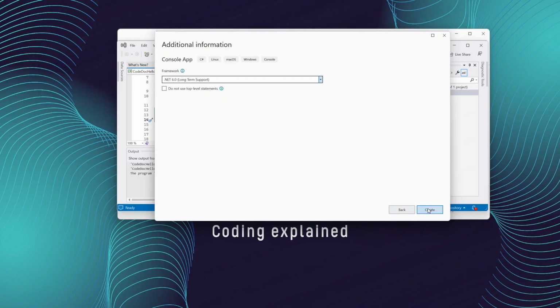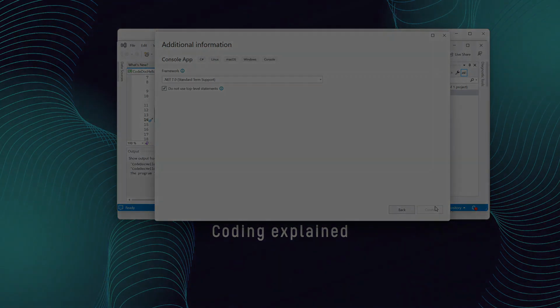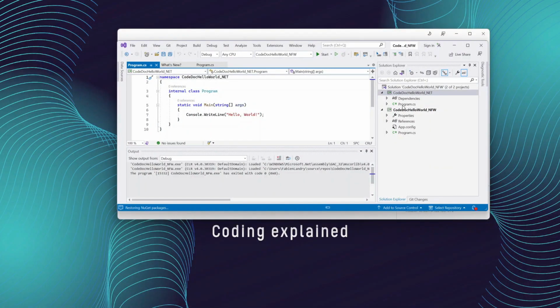For the framework here, we have the option to select either .NET 6.0 or .NET 7.0. We go with .NET 7.0 and choose not to use top level statements. We will go through what that is in a moment, but for now, we opt to not use it and we create. So we have a second project in our solution without top level statements. This is a .NET